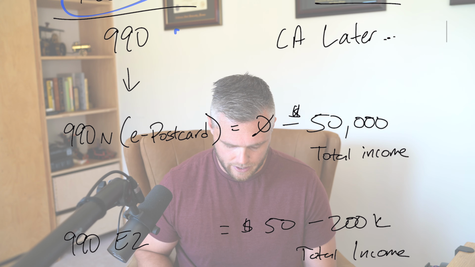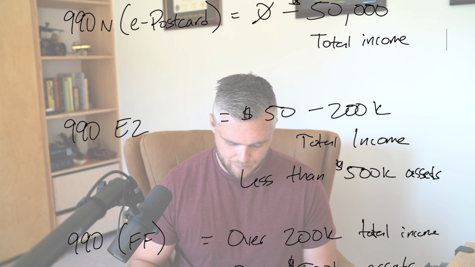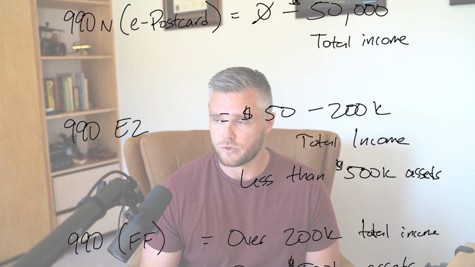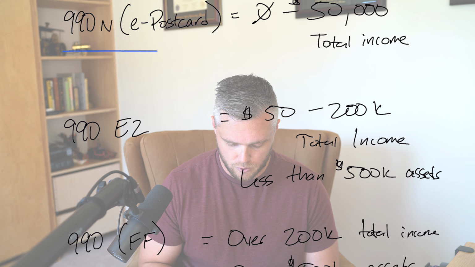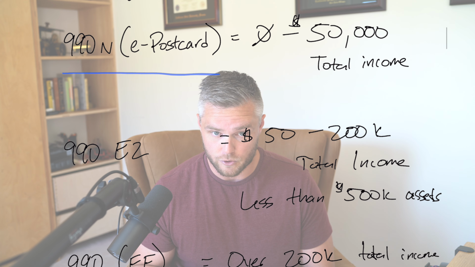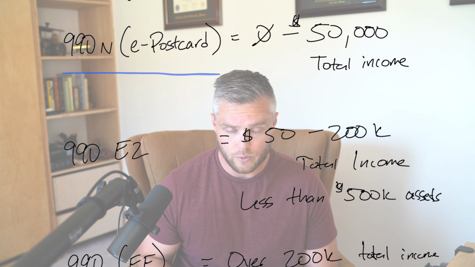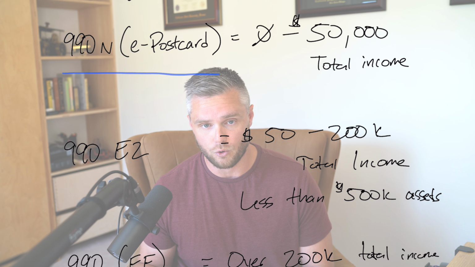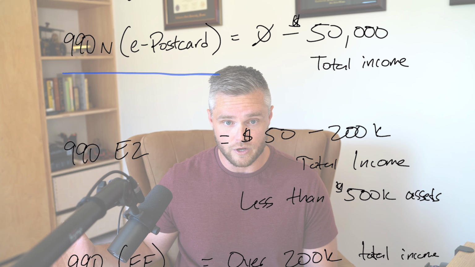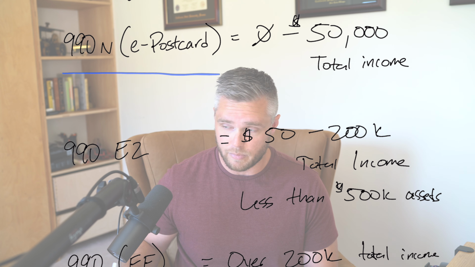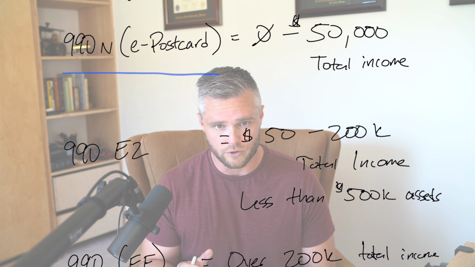Okay, so the 990. This is a federal form that has three versions of it, right? So there's what's called the 990N e-postcard. This is the smallest version of the 990 form and applies to organizations that have anywhere from $0 to $50,000 worth of total revenue for the fiscal year of your organization. Most folks, this is January through December, but whatever your fiscal year is, that's what you're looking for in terms